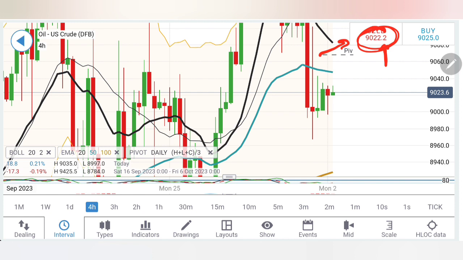As long as 91.2 is not breached, do not think of oil as bullish. Do not think of a reversal or a rise in oil here. Once it breaks beyond 91.2, the next targets are 91.8 and 92 levels, which are going to remain a great resistance level. Rather, I will say 91.8 and 92.4 is the next stronger resistance zone.